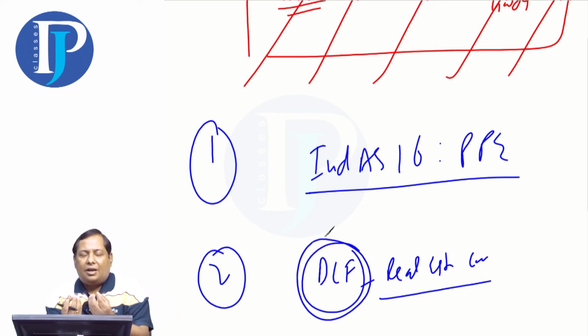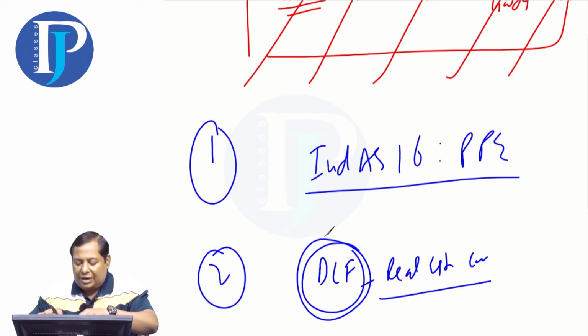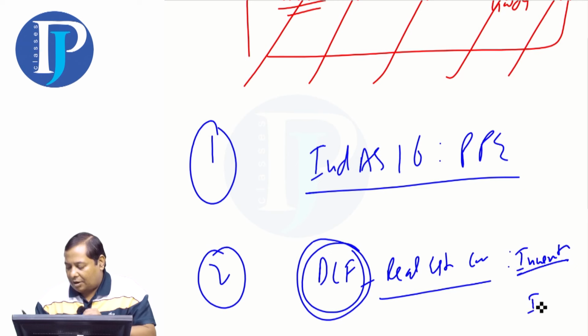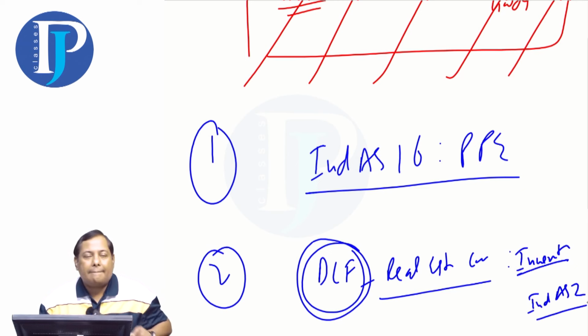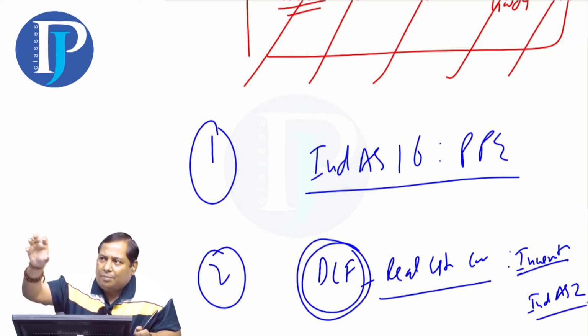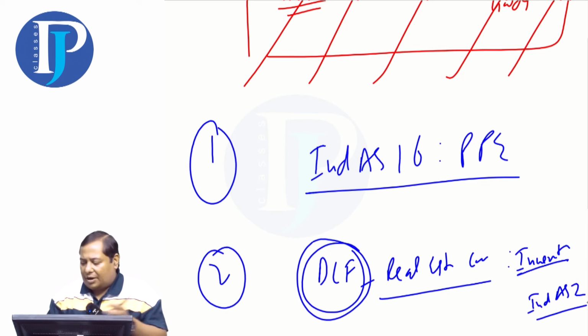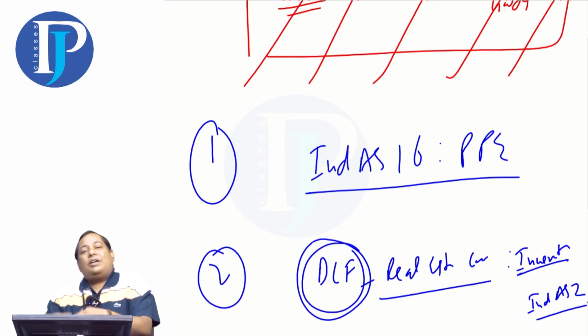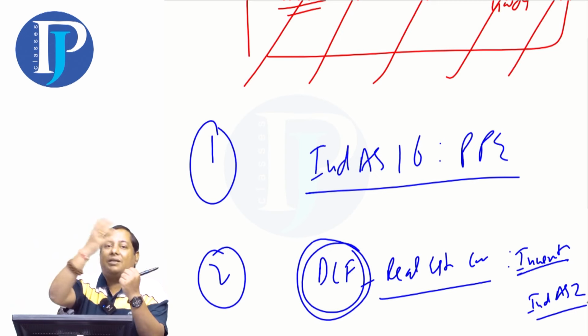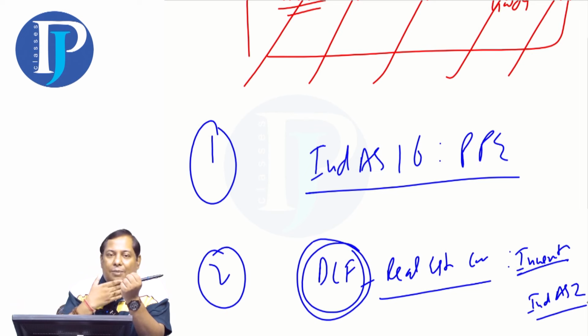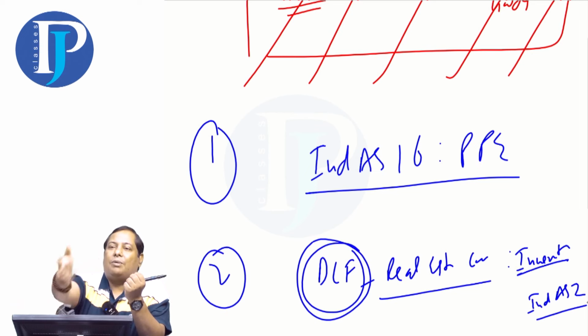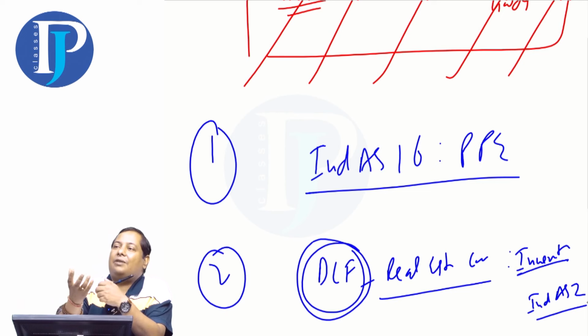So DLF just builds the property and sells it. Builds again and sells it. So what is this? This is its ordinary course of business. So here the property for DLF acts as an inventory. What does it do? Inventory, and we will apply Ind AS 2. So if a land and building are used in my business, then it is a PPE. And if I start selling it and it is also my normal course of business, then in that case Ind AS 2 will apply. So all these builders, all the real estate companies that develop properties and sell them in the near future classify those properties as stock, as inventory.